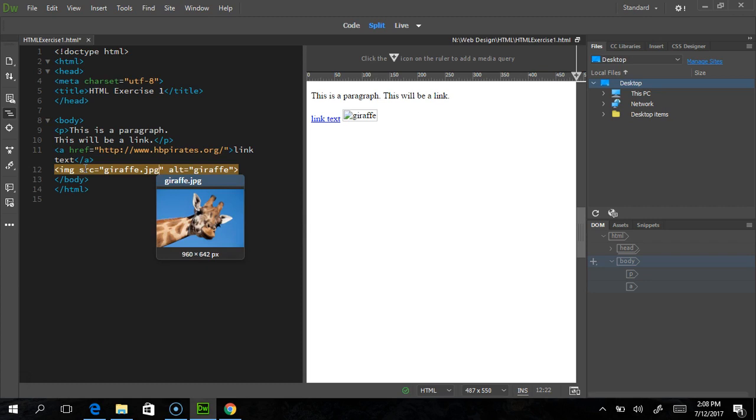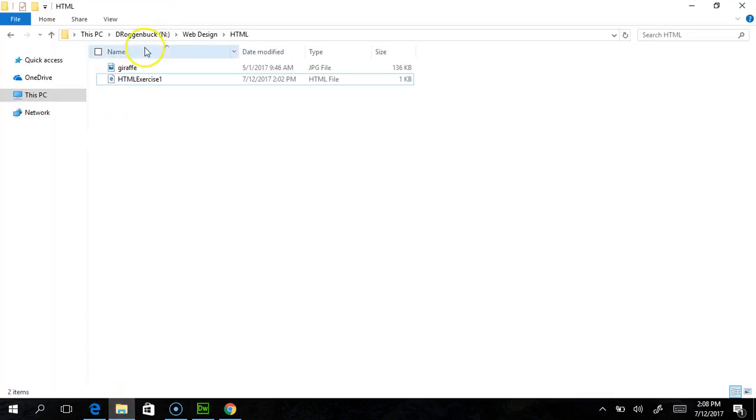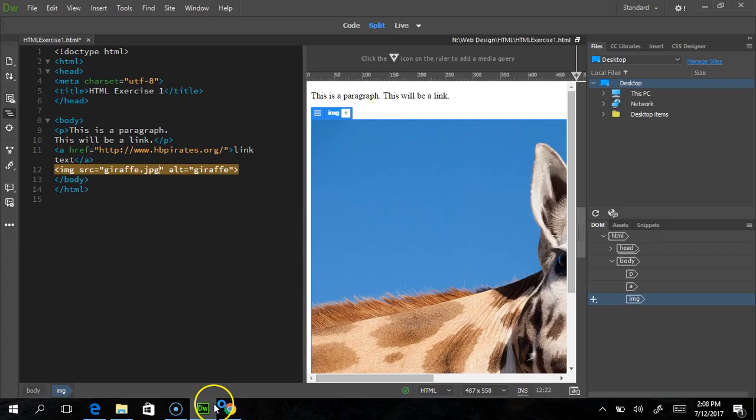Additionally, even though you can path it to different locations, a good practice is to always make sure, in this case, that our web page and our image are in the same folder. So if we go back to here, you can see I have the web page and that giraffe.jpg in the same folder. That's just a good practice to get into, because later on, when we start actually using folders and stuff like that, it makes file pathing easier, and you run into fewer issues. All right, and now